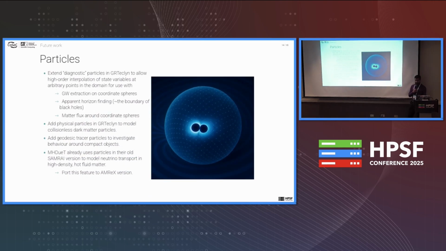So what's the future work? I mentioned particles. One of the things we're looking at is extending the diagnostic particles. We want to use particles for diagnostics. I mentioned we want to do gravitational wave extraction, which we typically do on coordinate spheres. We want to use it for tracking where the apparent horizon is, which is some measure of the boundary of black holes. We want to look at the matter flux around coordinate spheres,